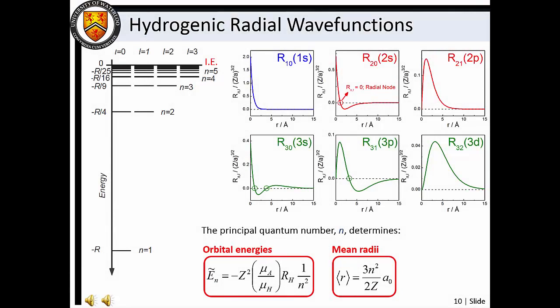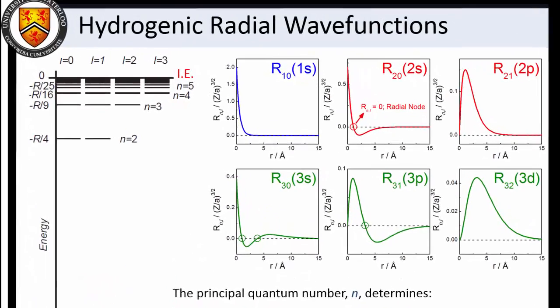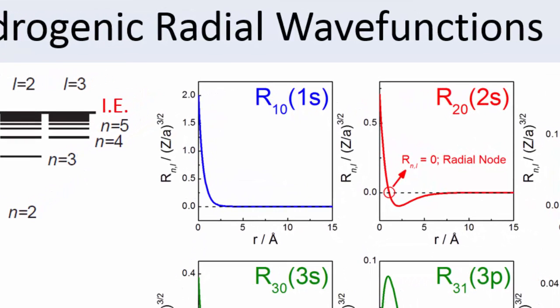The radial part of the wave function is essentially a solution to the one-dimensional particle-in-a-box problem. In this case, though, the box has length r, the particle has mass mu, the reduced mass, and the confining potential is a Coulomb potential which defines the electrostatic attraction. For the radial wave function defined by the quantum numbers n equals 1 and L equals 0, we see that